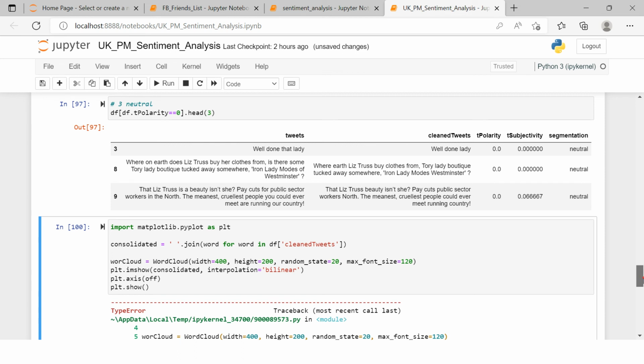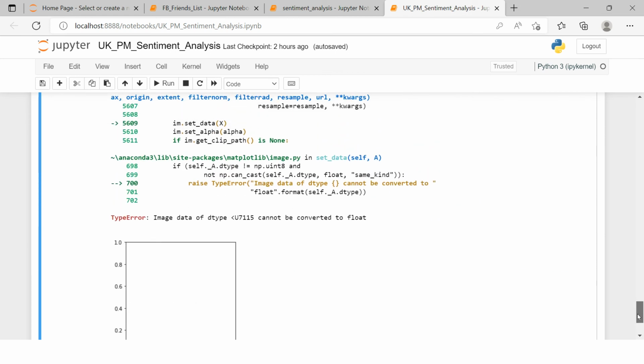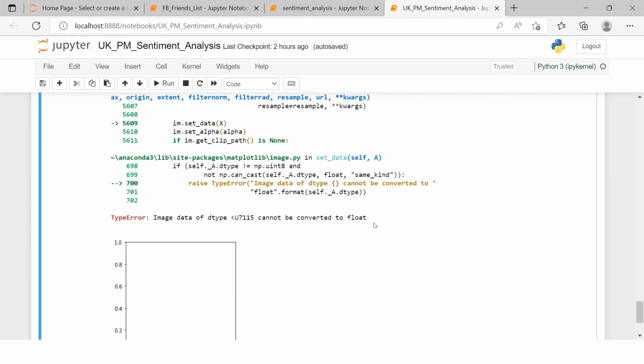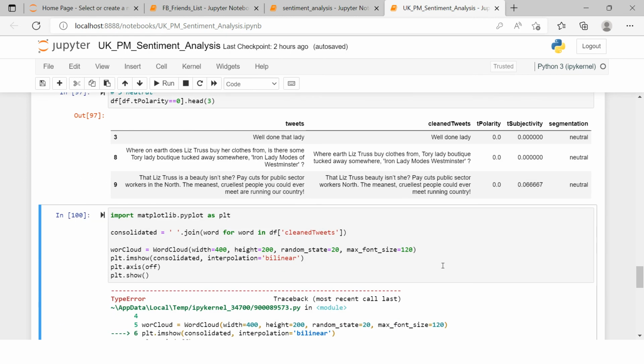Okay, it just gave the error as usual. Image data of this data type cannot be converted to float. What is the problem? Let's see. This random state, maximum font size. Okay, this is generate, consolidated tweets. This is something which we need to use with that. Let's see if this works.